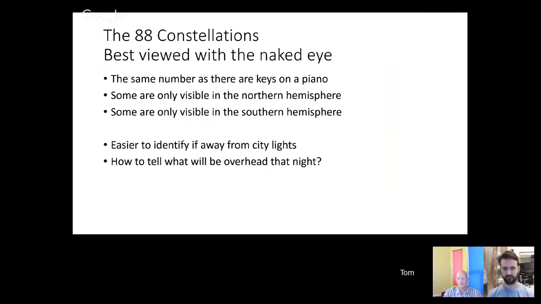Some are only visible in the northern hemisphere, and some are only visible in the southern hemisphere, and of course some are visible from both locations. And it's definitely easier to identify if you're away from city lights, because then you can see some of the fainter stars, and the patterns that the stars in the constellations make are easier to identify with some of their historic names. And also I'll show you a nice website that will help you